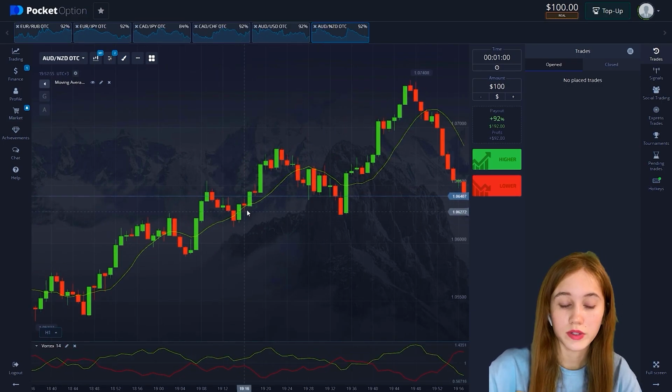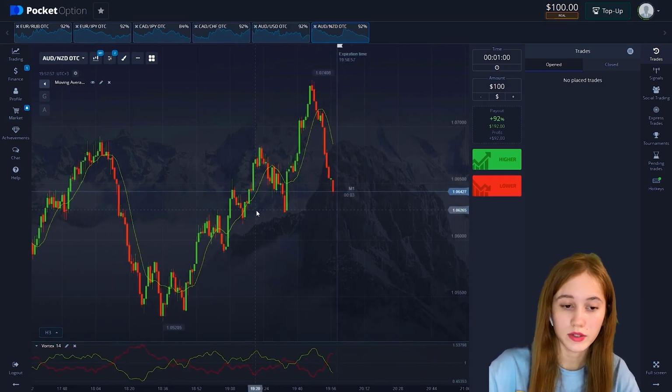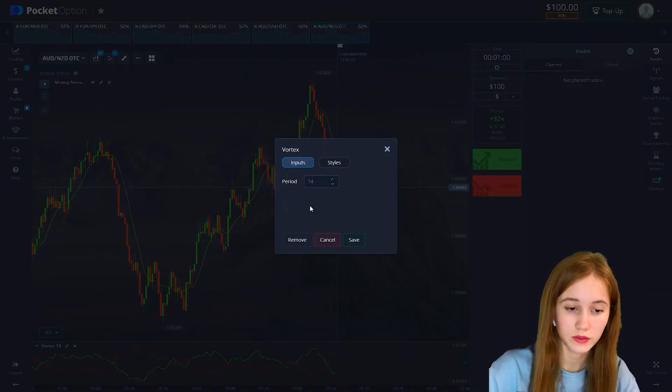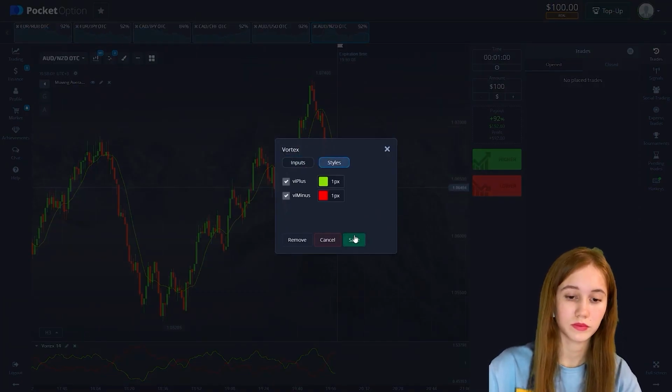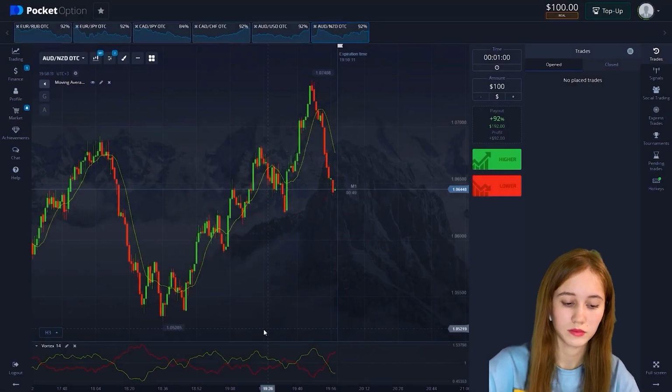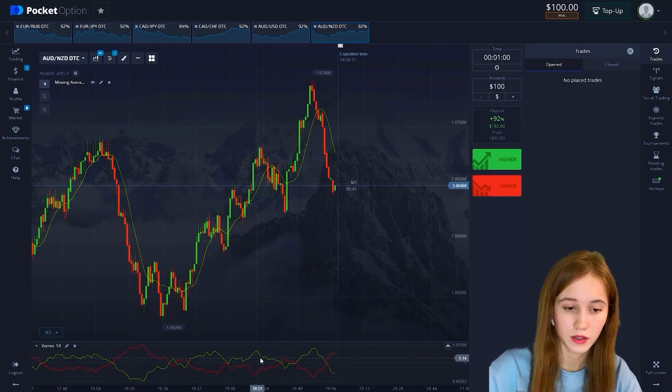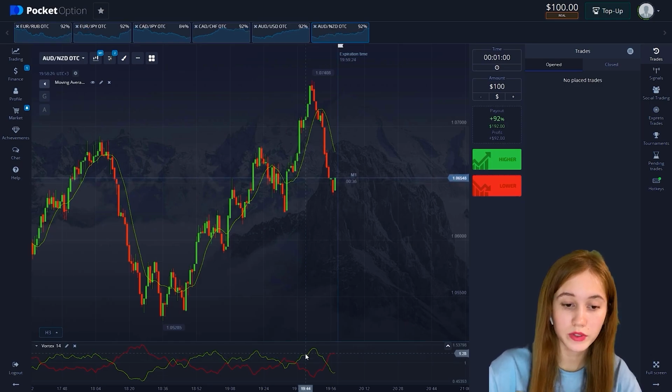It's also important to take into account the intersection of the candle itself with this average. The second indicator, Vortex, the settings you see. This indicator is one of the most useful indicators. It's located at the bottom of the screen. The Vortex indicator,